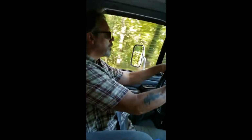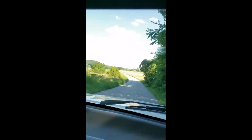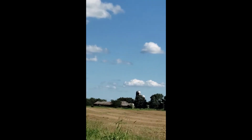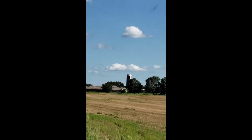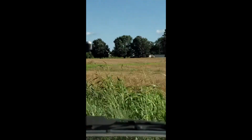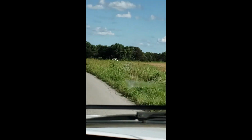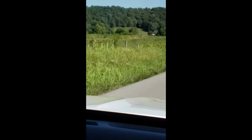All right, we are driving back. Rather, Stephen is driving. I'm just the passenger. We're driving back from Red River Repairs in Elkton, Kentucky, in Todd County, Kentucky. And you can see it's very scenic. We got a lot of farm scenery. A lot of Mennonite farms out here. A lot of corn. They just harvested some wheat, and there's a big silo right there, and so it's very picturesque. I love that word, picturesque. And Stephen,